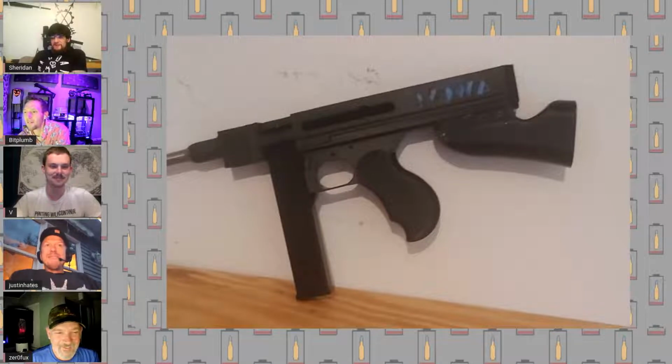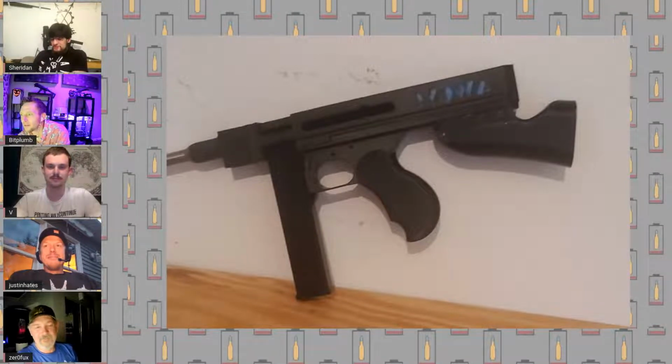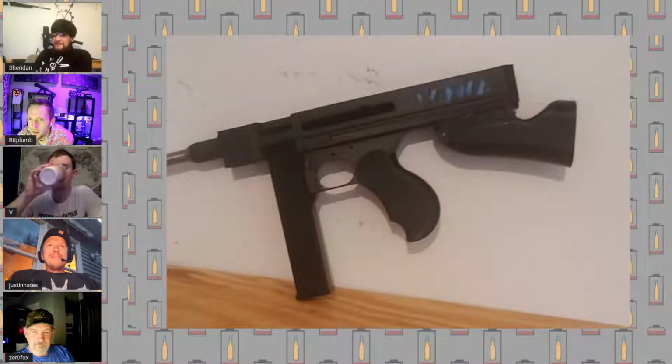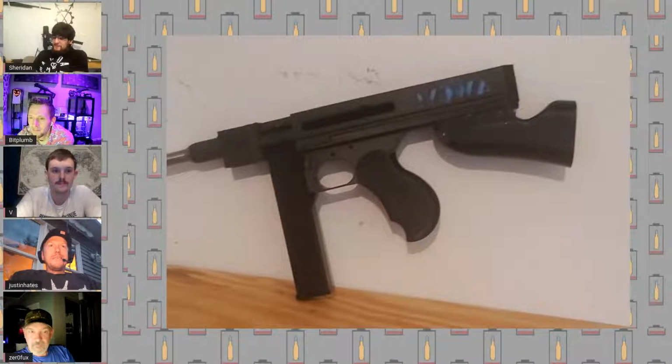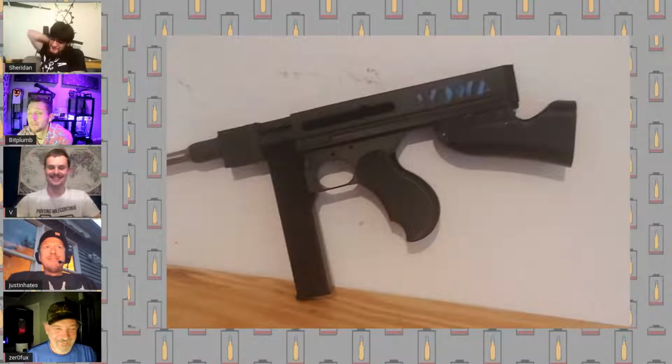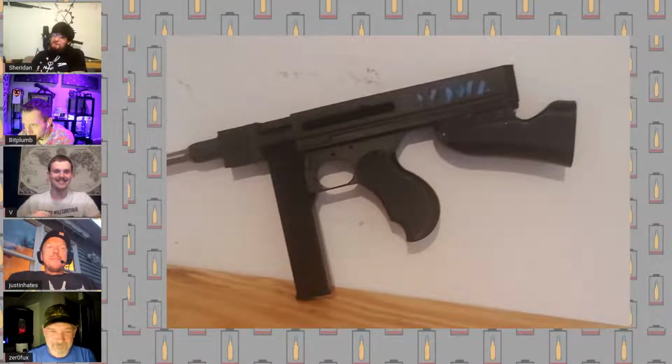So what's this? This is going to be my first proper design. This is my 3D printed hybrid between a 1928 and M1A1 Thompson. Well, this would be like a carbine, but hopefully there's going to be at least one submachine gun variant. At least one legitimate legal machine gun version. Yes, there will be at least one legitimate legal machine gun version of this Tommy gun, and this one's